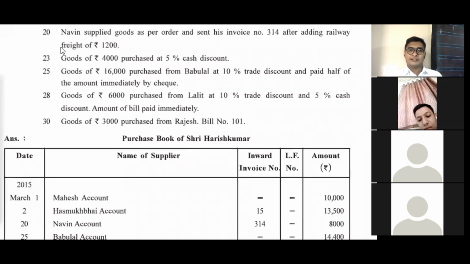Here, I have already said that earlier, expenses were added in this. If you have the old book, you can see that the expense of rupees 1200 is added here, so it is given as 9200. As per the old concept, it is correct. But as per the new book and new concept, expenses are not added over here. For expenses, we have prepared a separate journal proper in a separate chapter. So ignore this expense. Okay.